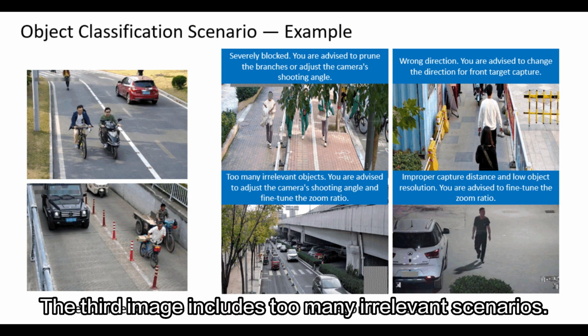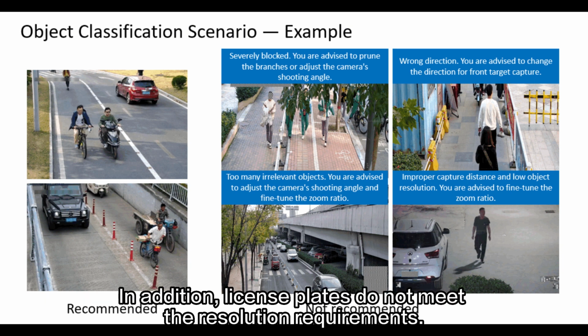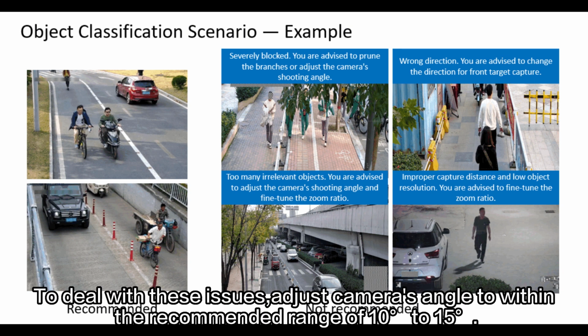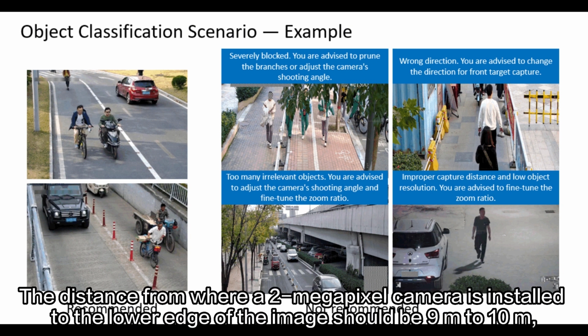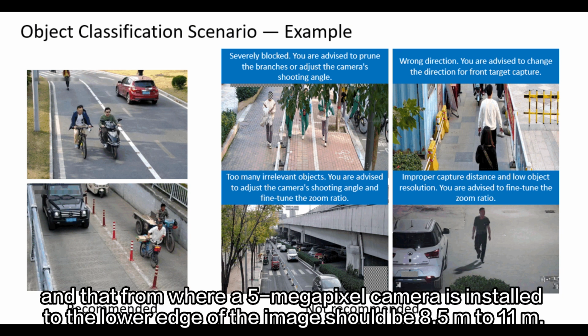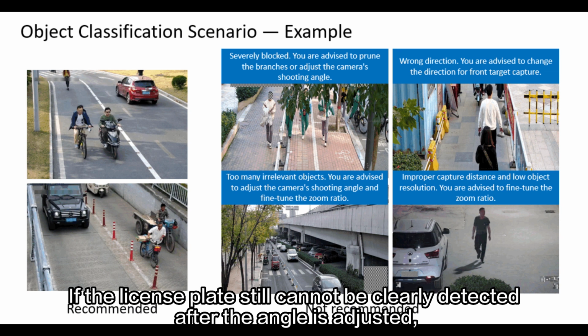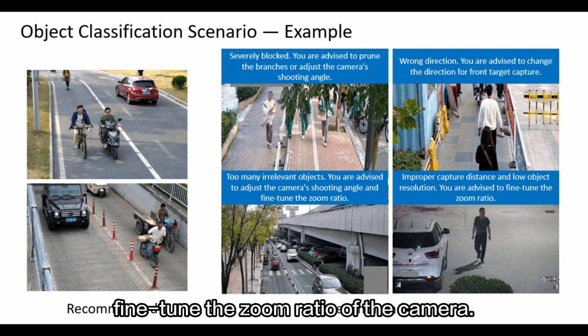The third image includes too many irrelevant scenarios. In addition, license plates do not meet the resolution requirements. To deal with these issues, adjust the camera's angle to within the recommended range of 10 degrees to 15 degrees. The distance from where a 2-megapixel camera is installed to the lower edge of the image should be 9 m to 10 m, and that from where a 5-megapixel camera is installed to the lower edge of the image should be 8.5 m to 11 m. If the license plate still cannot be clearly detected after the angle is adjusted, fine-tune the zoom